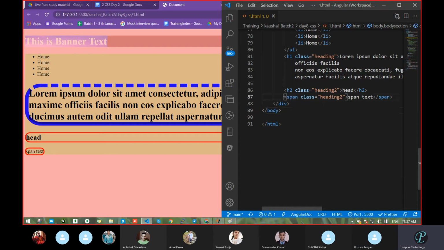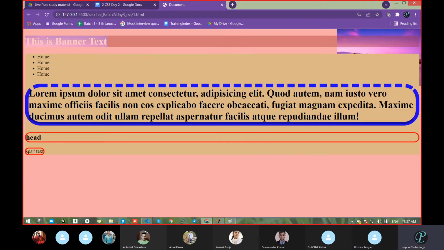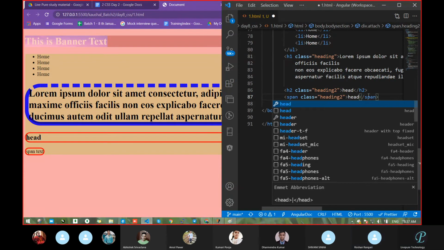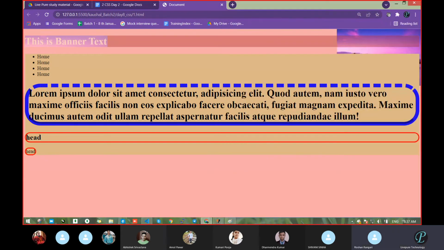I am telling that if we take a span text, it occupies that space only. Correct? It occupied this much space only, whatever border we provided. But in this case, we provided the text only in this section. Both have a head written, but in this head it occupied this much space, and in this head it occupied it that way.